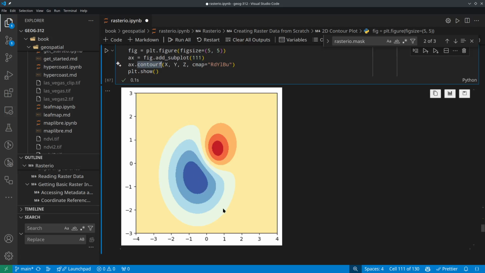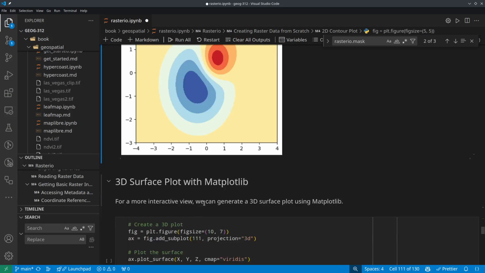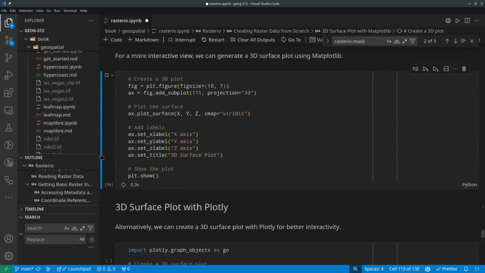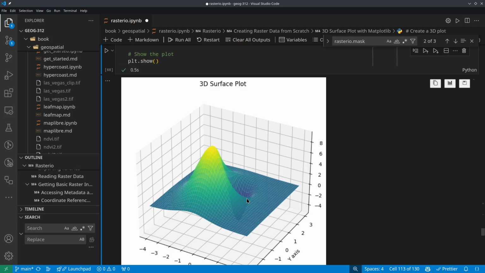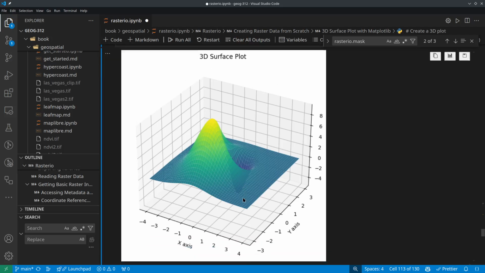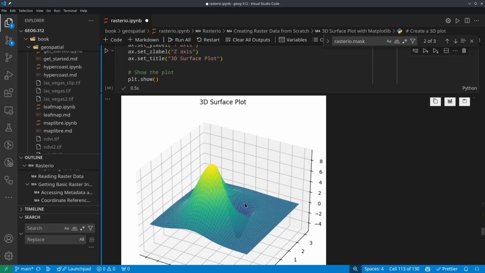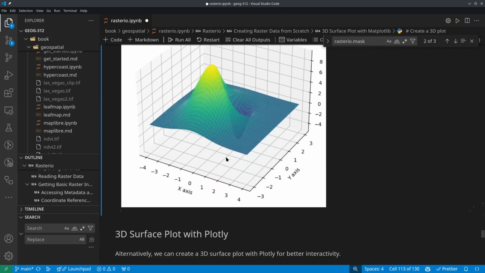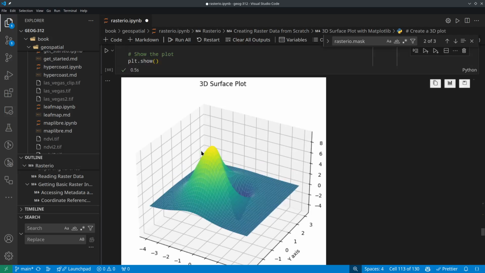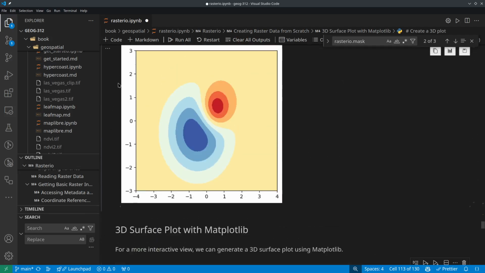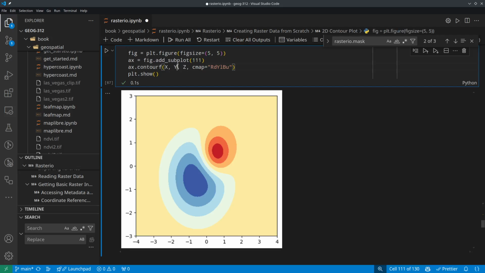You can think about, for example, this is a DEM, so you can generate some DEM, and Matplotlib can allow you to create 3D. So this looks even better, and kind of like mountains, valleys, holes, something like that. But it's just a two-dimensional array of pixels, and in this way you can represent it in 3D. But again, you can look at this X, Y, Z, right? So basically they all have the